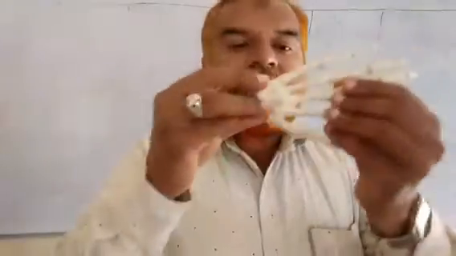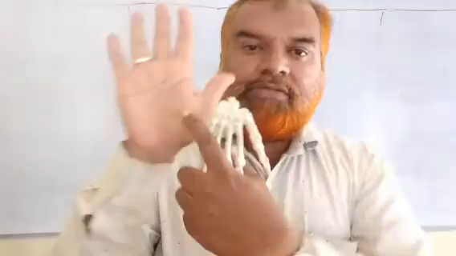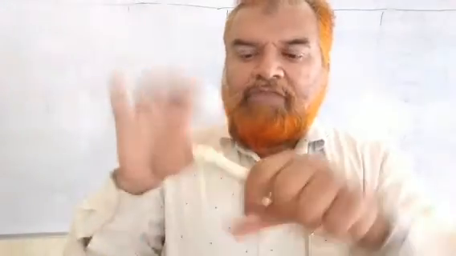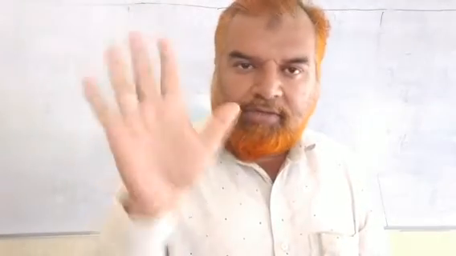Now, carpals. These are known as carpals. What do we have? Wrist bones. This bunch here, wrist bones, carpals. After that, in the palm region, we call them metacarpals. 5. After that, 14. 3, 6, 9, 12, 14. So this is about the arms. So here 30 bones, here 30 bones. Altogether 60 in the forearms.